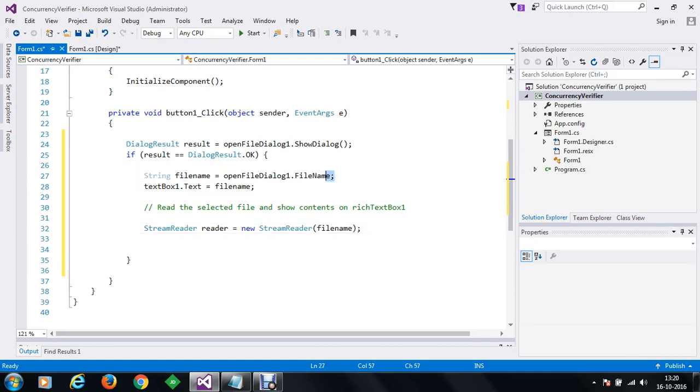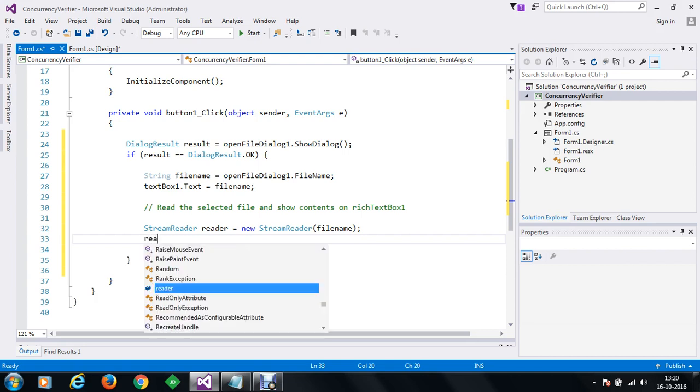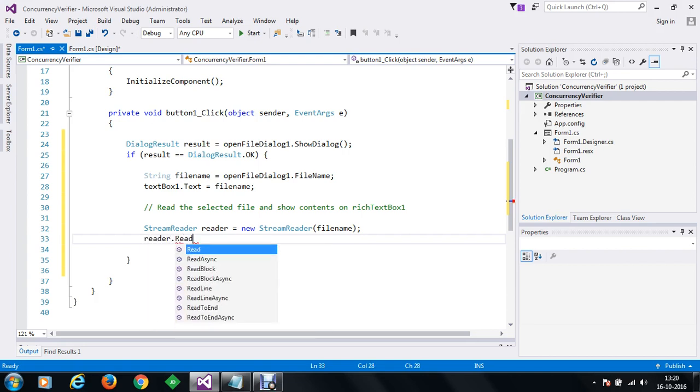So we have opened the file dialog, we have received the name of the file, we have set the name of the file on textBox1, and now we are going to read the file. In order to read the file, we have created a reader object first for the file name, and now we are going to read the value from the reader, and the method is ReadToEnd. Using this ReadToEnd, you will be able to read the content of the file which you have selected, and we are going to store that into code.